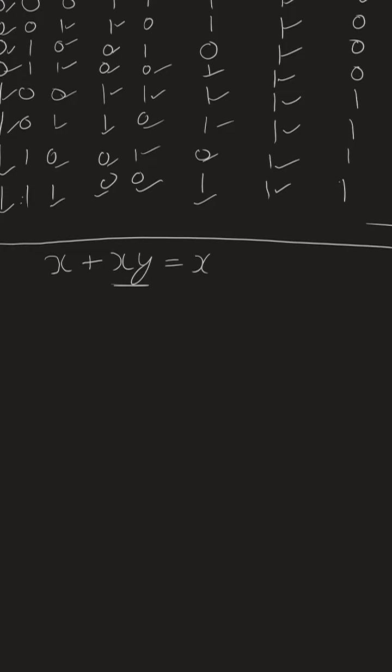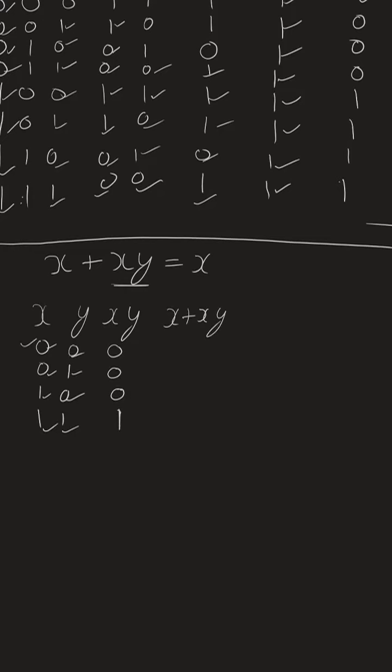So we need the possible combinations of the two variables. You can write down here x, y, in x 0 0 1 1 and y 0 1 0 1. And now you can find out x multiply y. 0 multiply 0 is 0, 0 multiply 1 is 0, 1 multiply 0 is 0, and 1 multiply 1 is 1. Now you can find out x plus xy. So x is 0, xy is 0, so 0; x is 0, xy is 0, so 0; x is 1 and xy is 0, so 1; and here x is 1 and xy also 1, so you get 1.